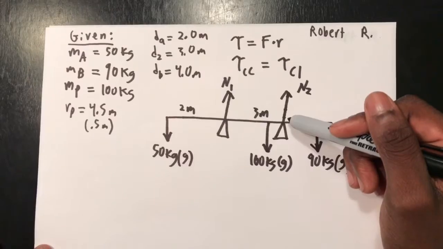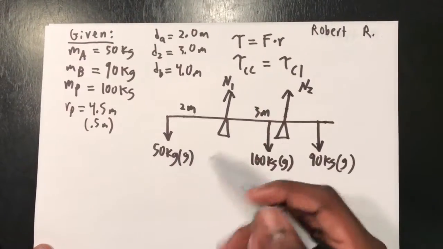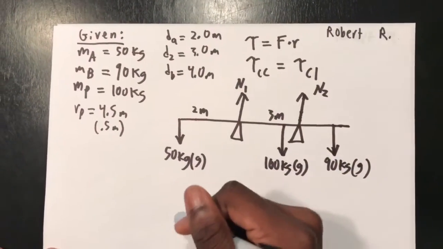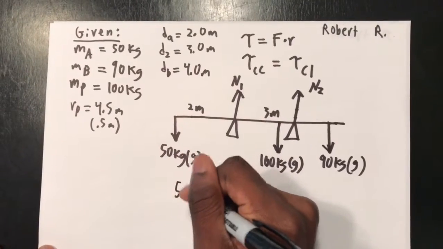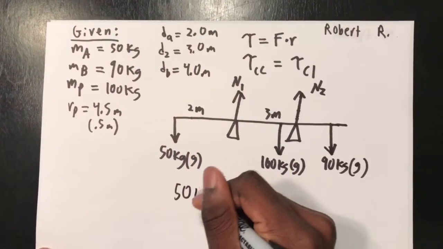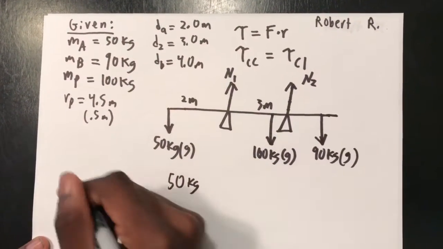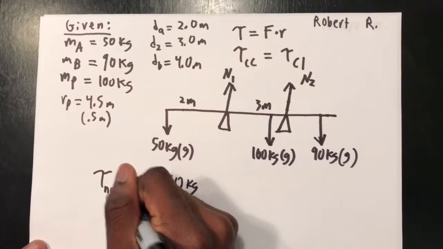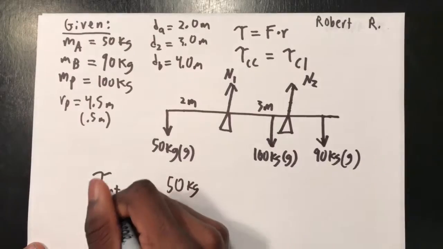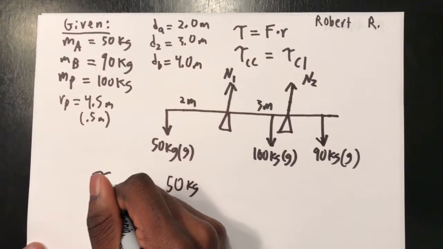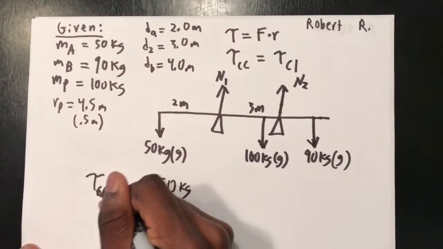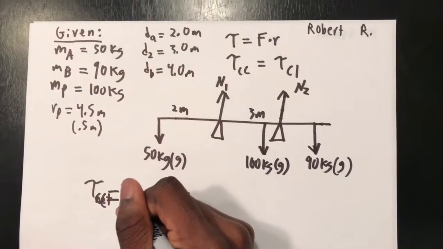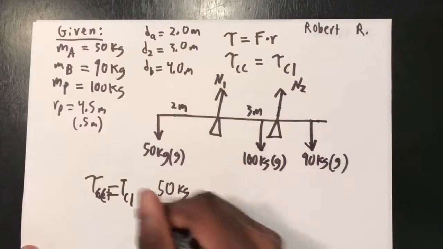So the force going clockwise, which is pulling it this way, we're going to get 50 kilograms, and this is torque counterclockwise,